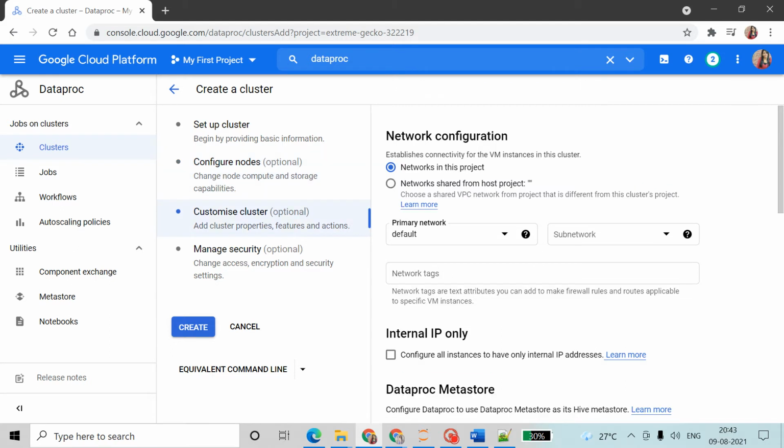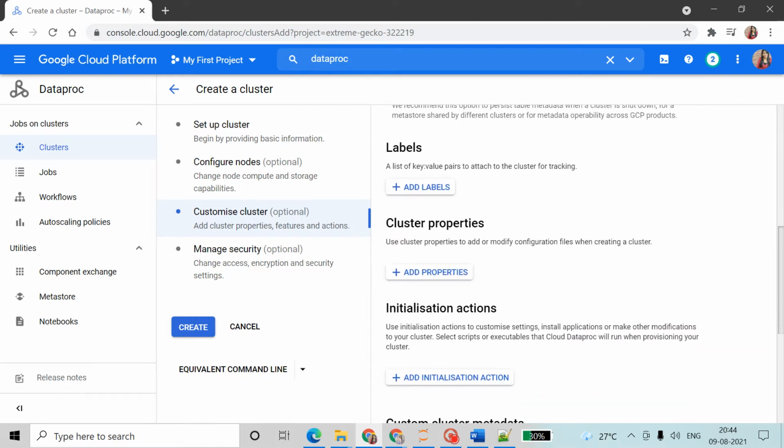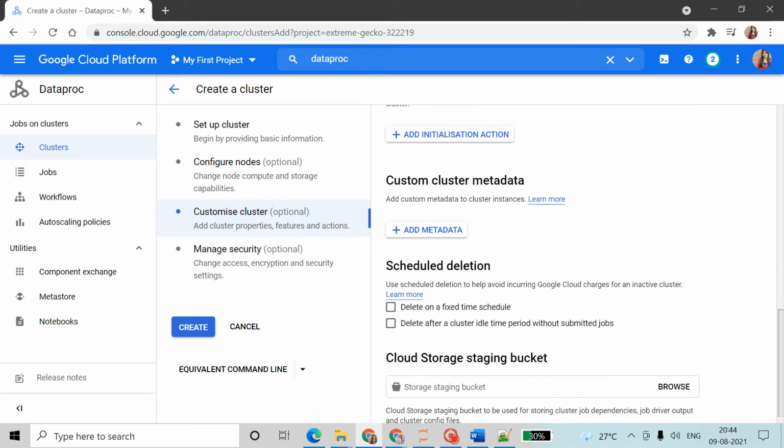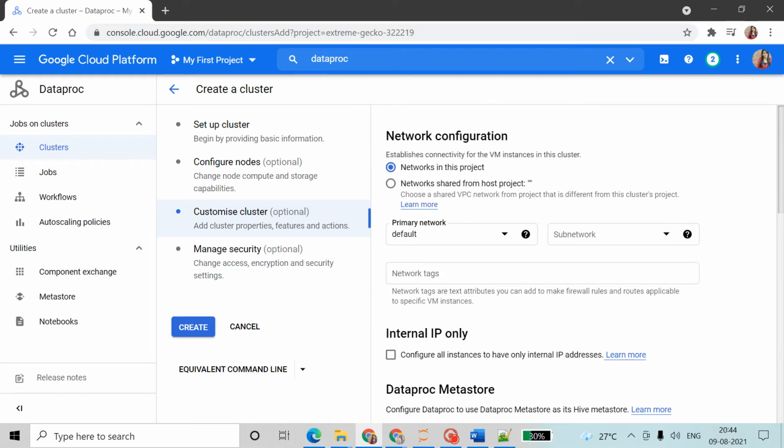Okay, customize cluster. In this network configuration, here we can customize our cluster, but it is optional. So network shared from the host project.